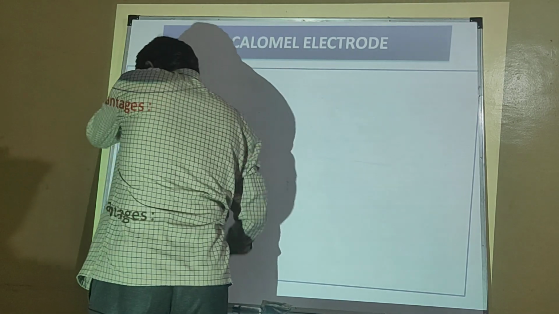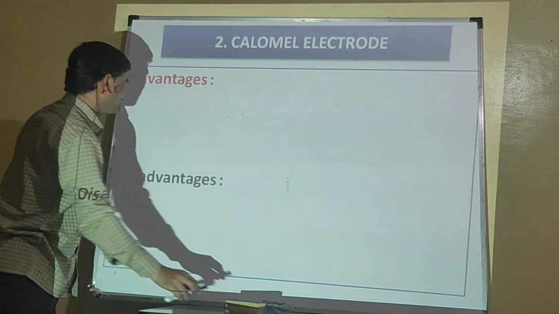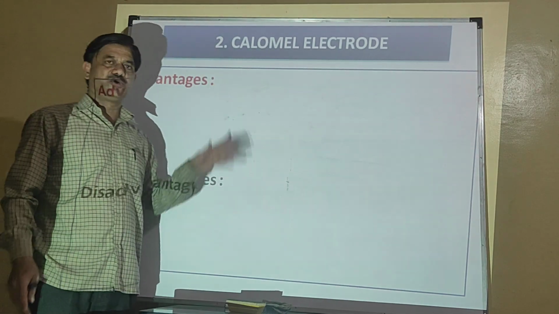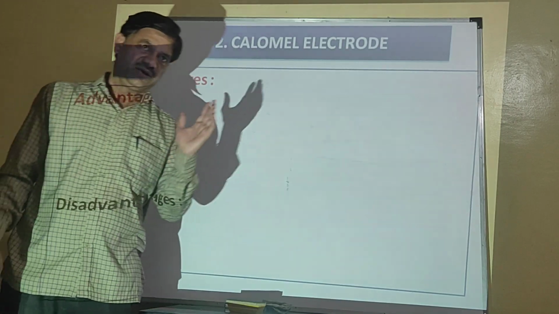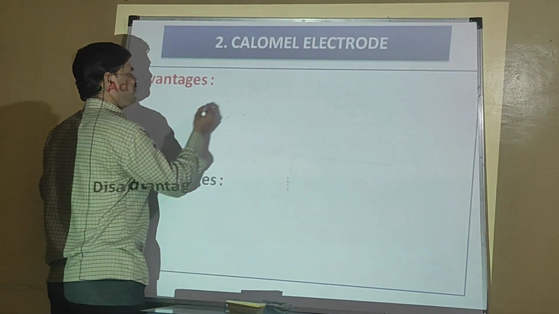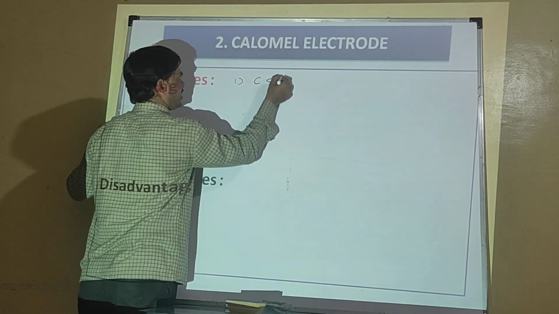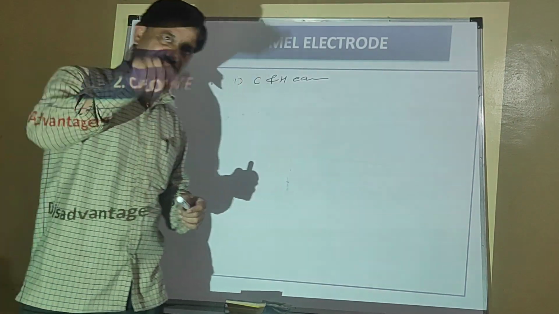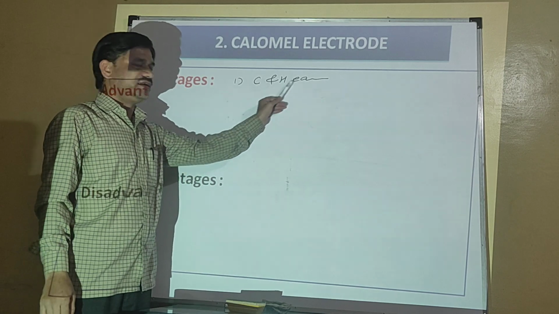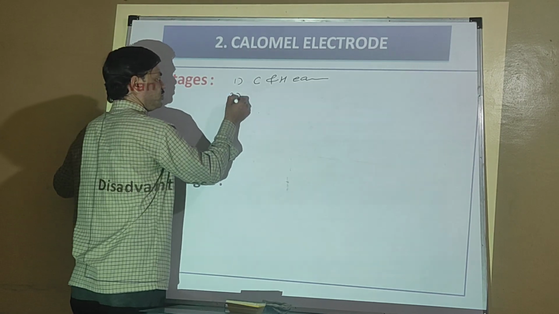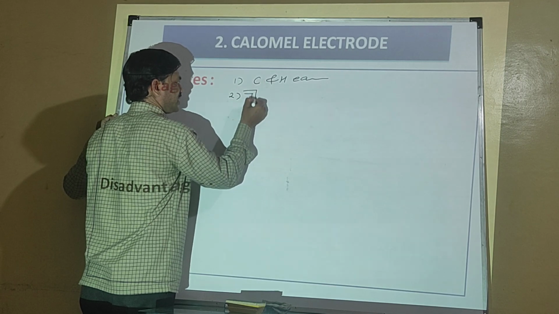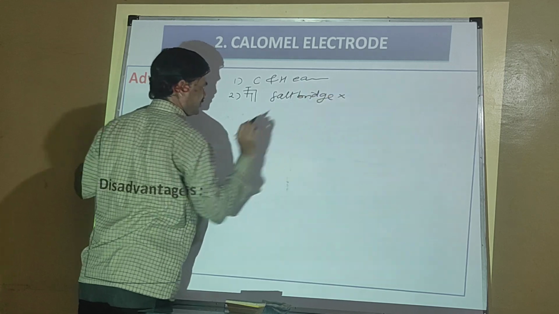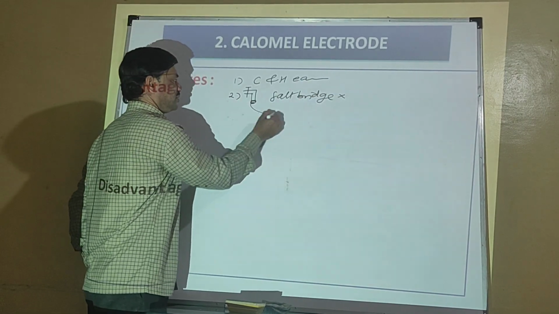So after construction and working, we are dealing with this part. Which one? What are the advantages and disadvantages of the calomel electrode. Most of the advantages we can easily define on the basis of the diagrammatic part. So tell me the first one. Its construction and handling is found to be easy. In case of SHE it is found to be difficult, but in case of the calomel electrode, construction and handling is found to be easy. What about the use of this one? Due to the presence of a side arm at the top, there is no need to use which one? Salt bridge, because it can be easily coupled with another unknown electrode.